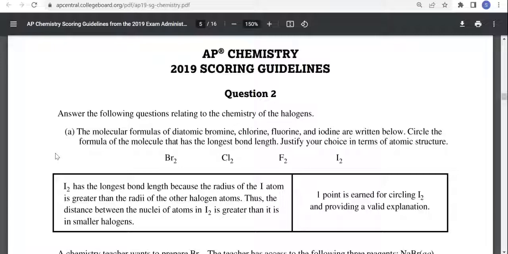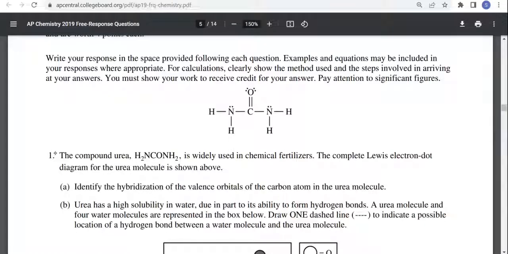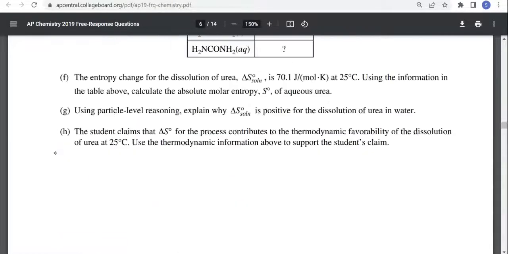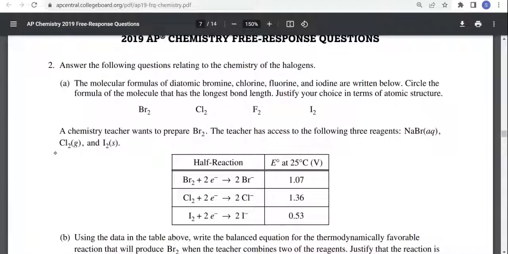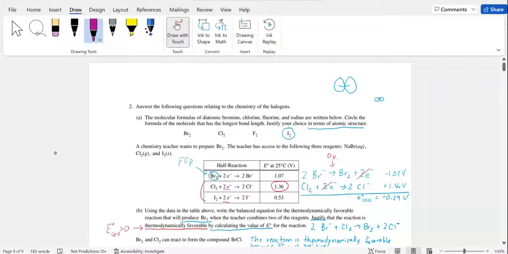So, if you remember, let's go to number 2. Alright, first question was asking about the bond length in the halogens. And I said,